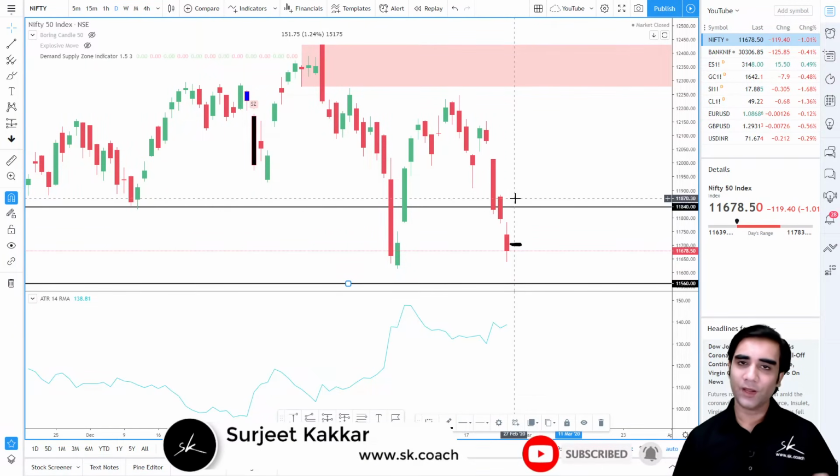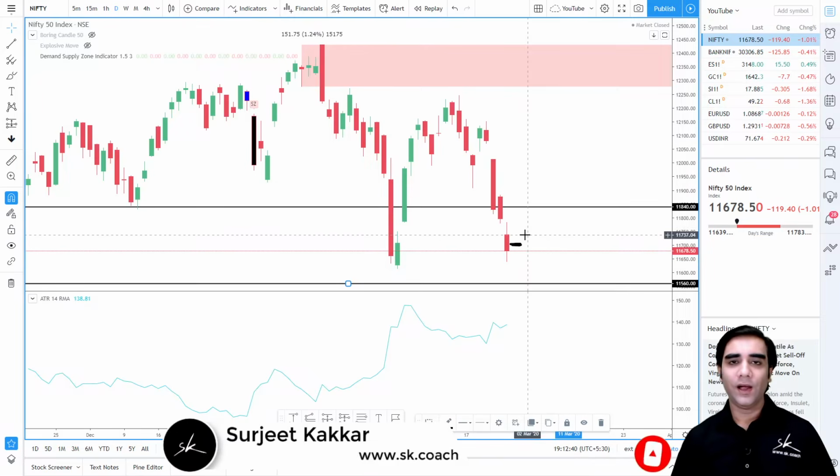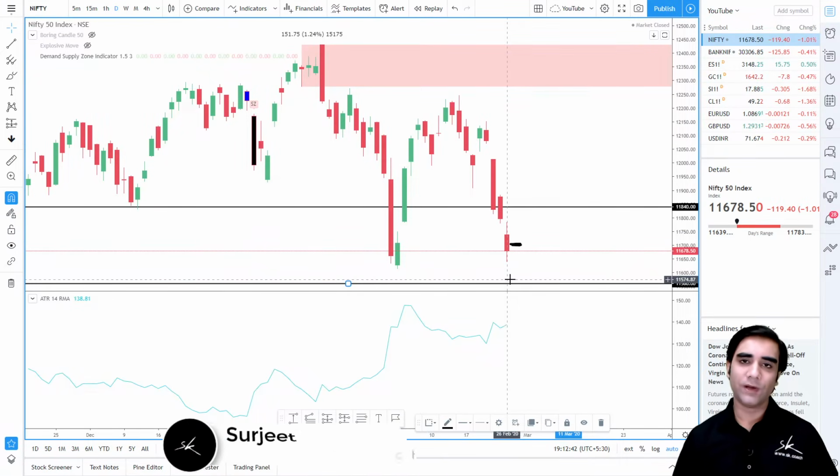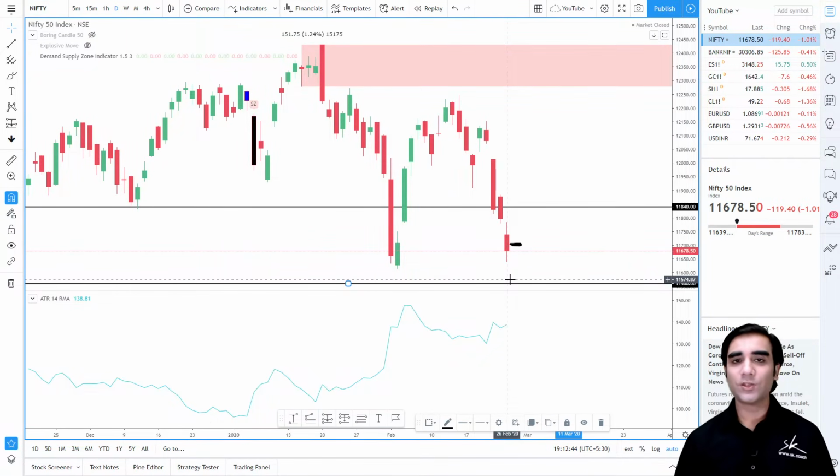The closer I'm getting to this high level, and the closer I'm getting to these lows, I will be more interested in buying. So this is one way you can use the ATR to identify your playing field. And then, based on whatever methodology you're using, be that demand supply, support resistance, Fibonacci levels, chart patterns, or candlestick patterns,